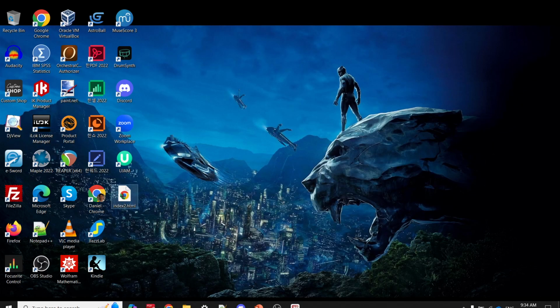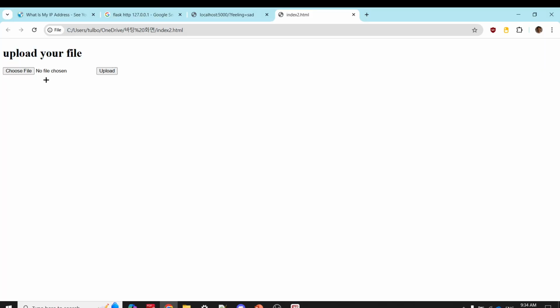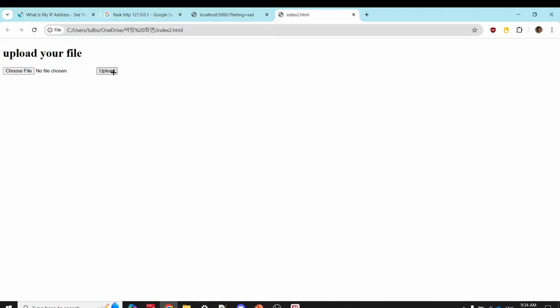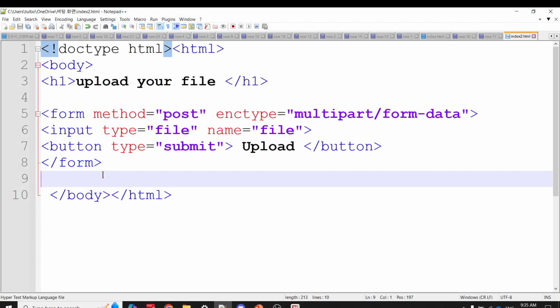Index2 here. So if you do this, then you can choose a file, and you can upload that by clicking upload. Okay, so that's basically this template file. But now I want to print what file was uploaded, so I'm going to go back and add another one,